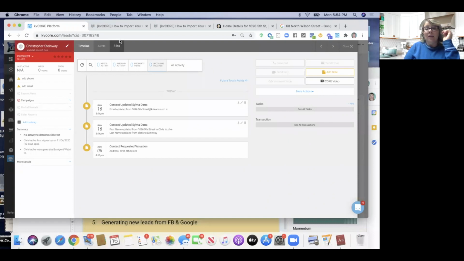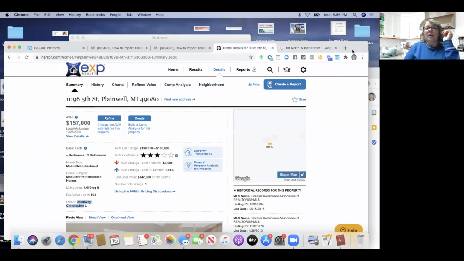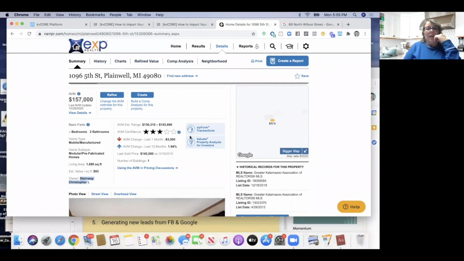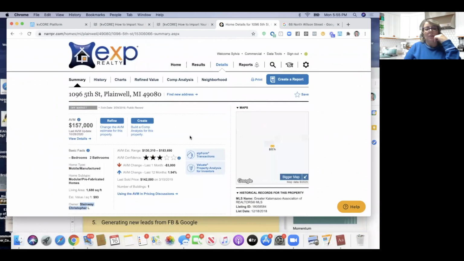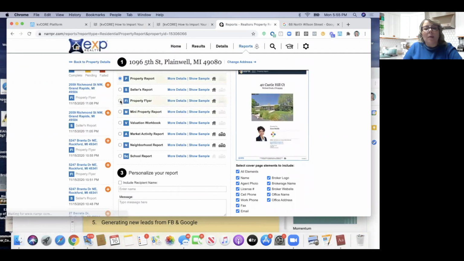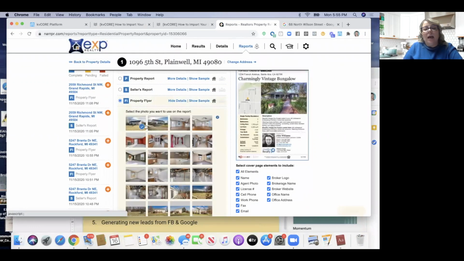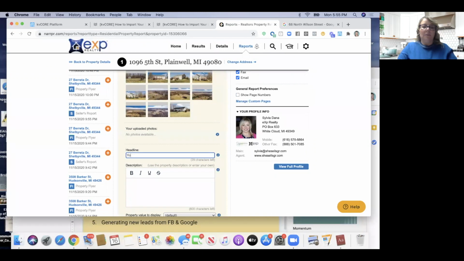But what I can do is I can create a flyer. So I'm going to show you how I do this. So I go to create a report. And then I go here to property flyer. And then I just let one of the pictures show, it's fine. And then I put in something like your home value estimate. And then I write a little message,